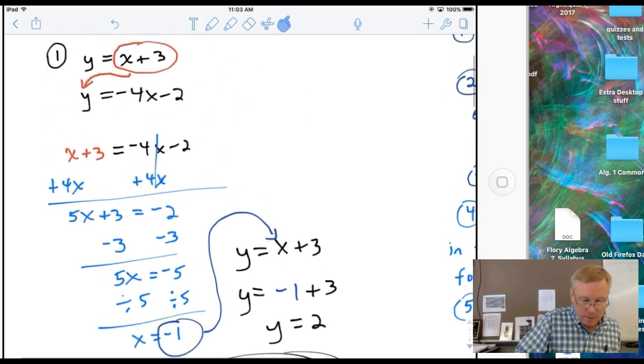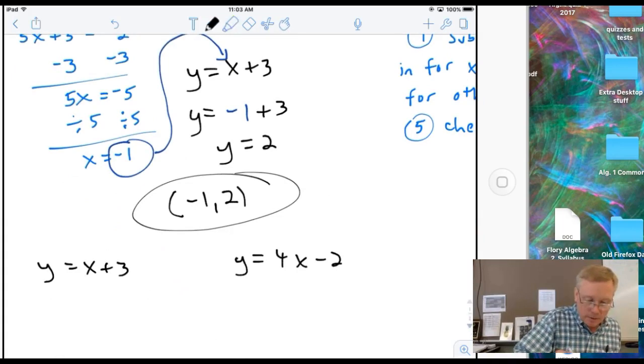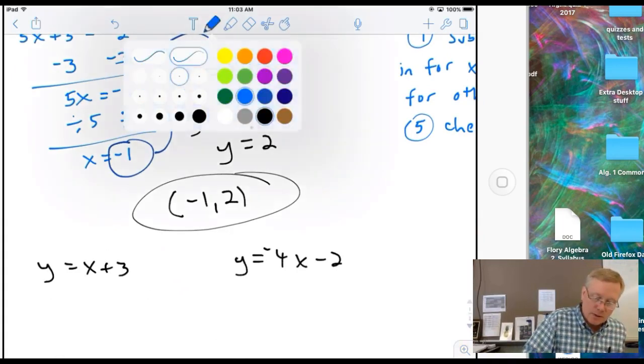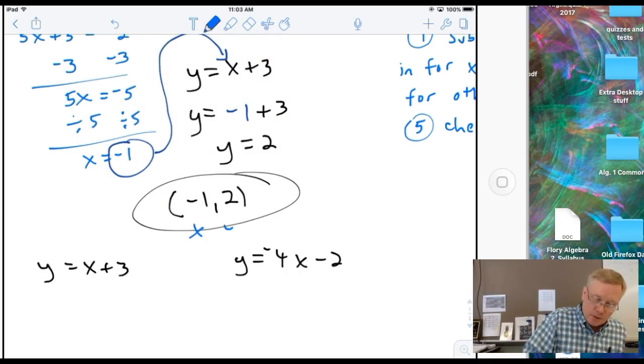I'm sure I wrote that one down. Yeah, it's a negative 4x. Okay, so I'm going to plug both the values in here. I'm going to take the x and the y, plug them in. So when I plug in the y equals 2 over here, x equals negative 1, so I got 2 here